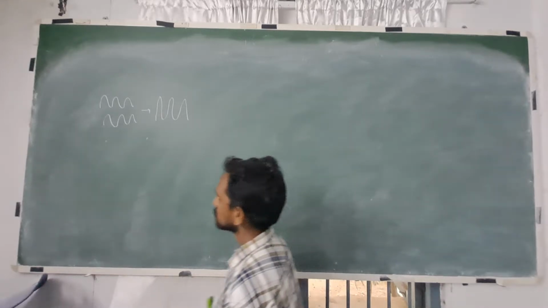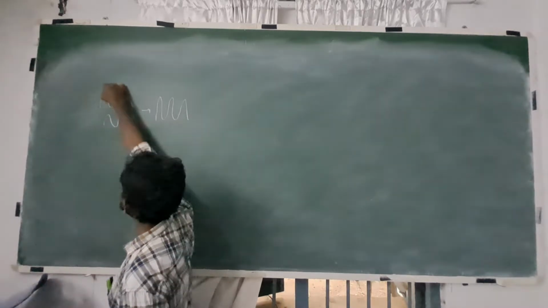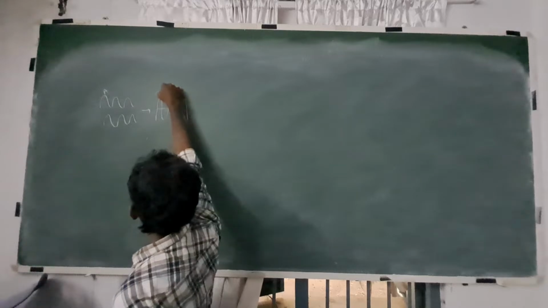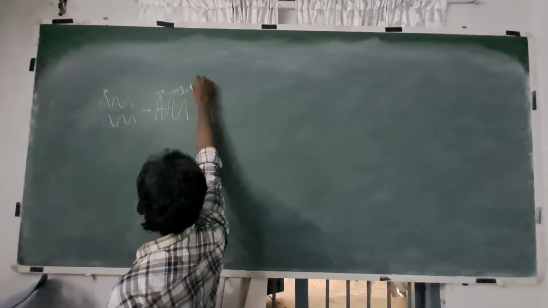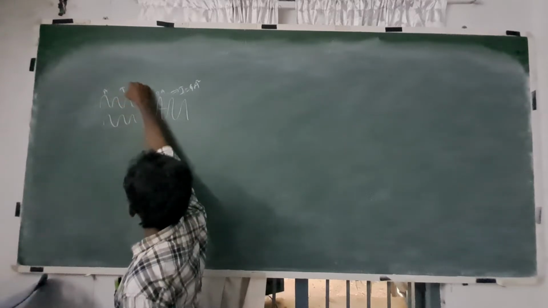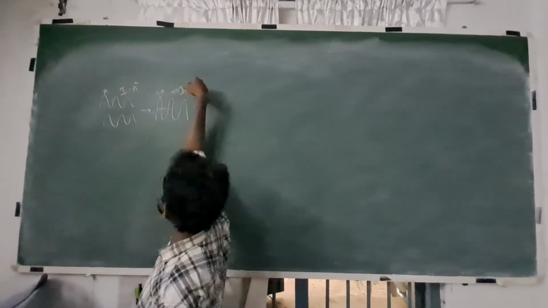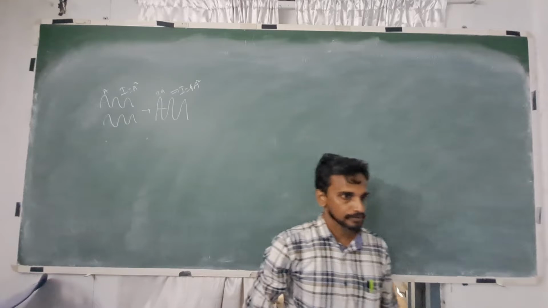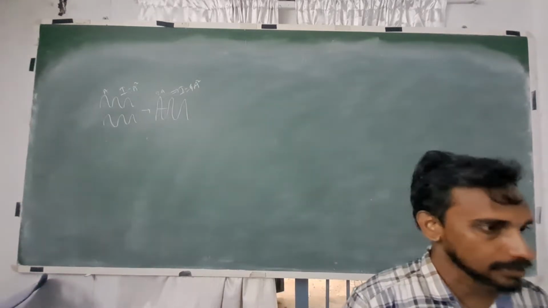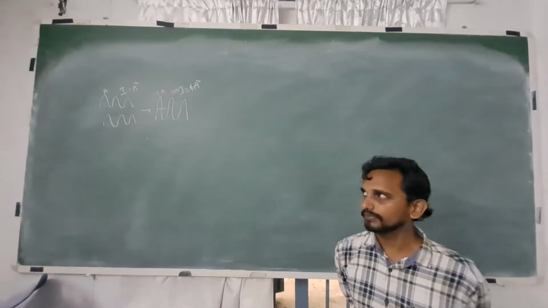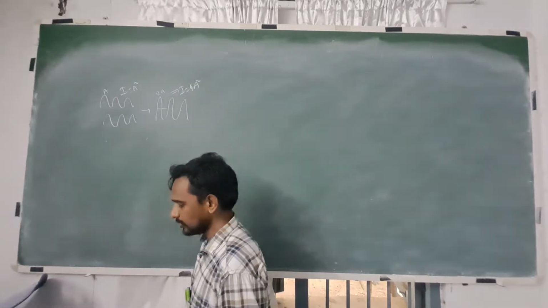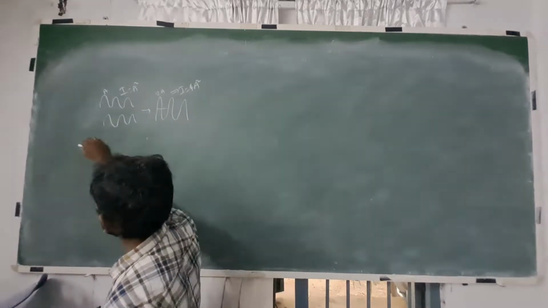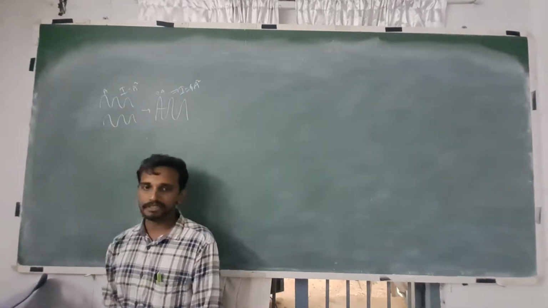Right? So here if A is the amplitude, this will become 2A. So I increases by 4 times. If amplitude doubles, intensity rises by 4 times. Okay. So now when a group of photons add up, we will get a wave